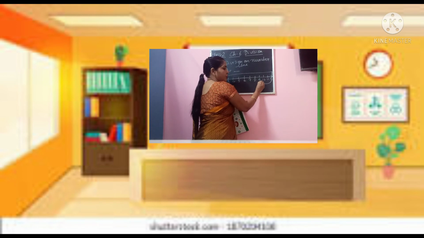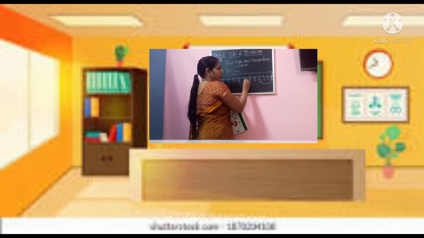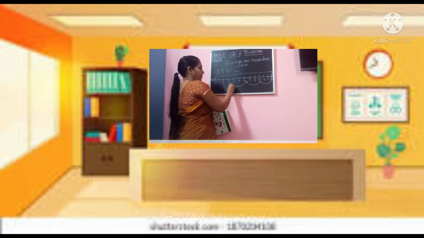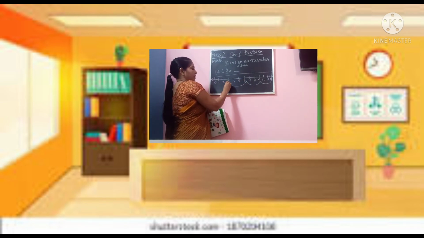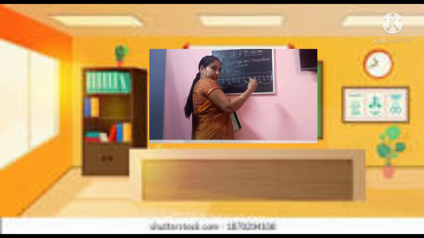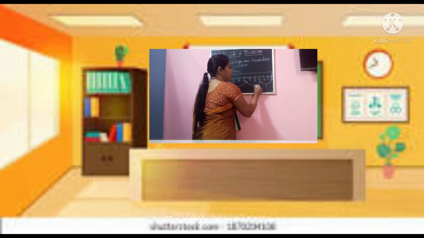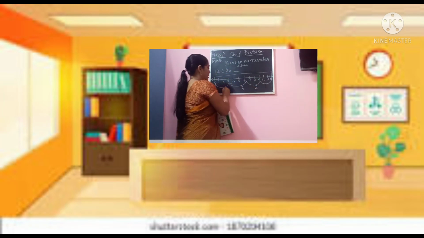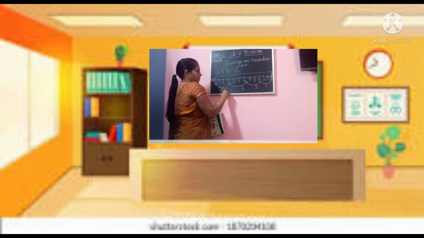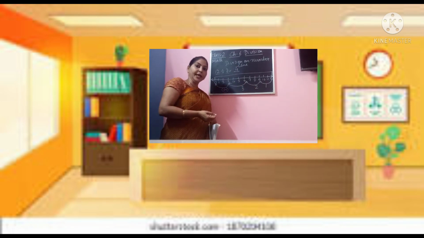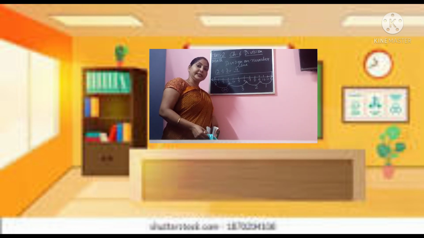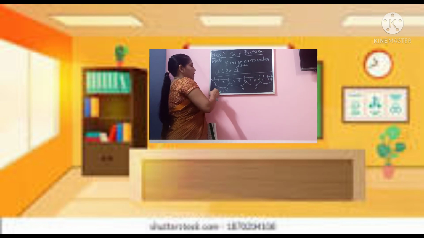Alright, children. So, related to this, you have been given a few exercises on page number 90. You can do these sums in your book, or if you want, in the copy. I think if you do it in the copy, that will be more understandable, because you will also know how many times you have to skip, and you will be able to learn to draw a number line on your own. Okay. So if you do it in the copy, I think it will be good for you.